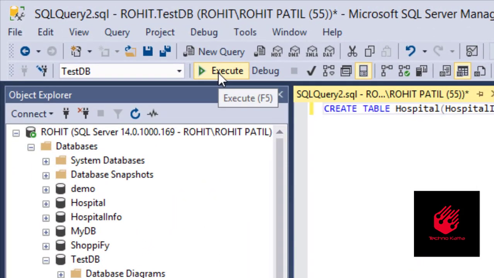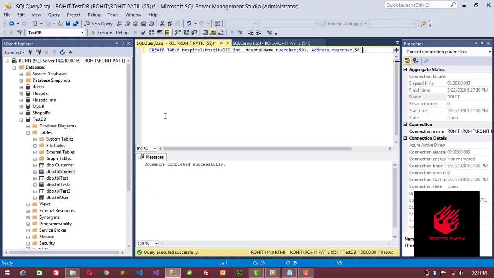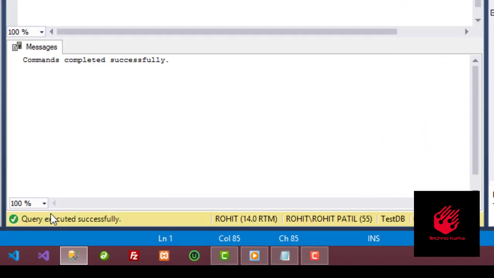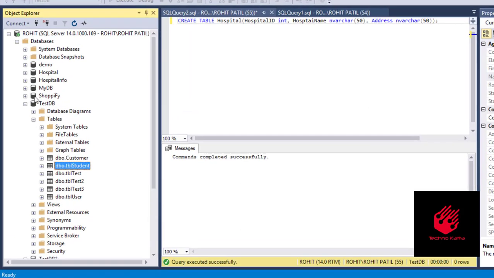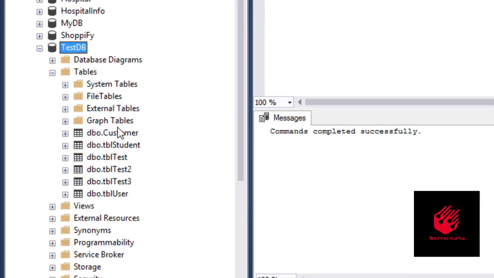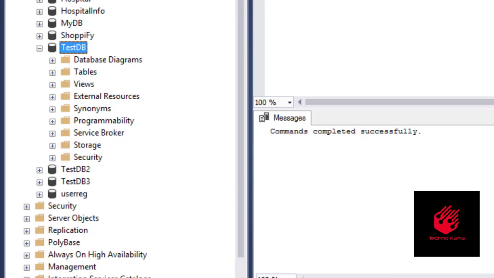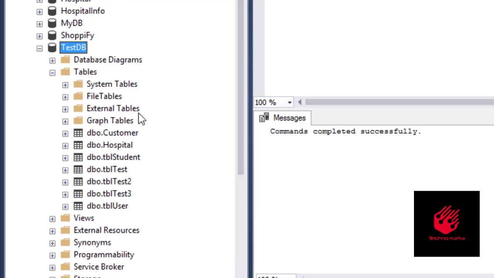Just click on the execute button. After clicking on that, you can see in the footer section your query was successfully executed. You just refresh and expand this, and you can see your table has been successfully created.